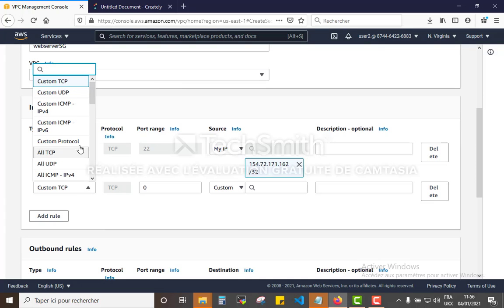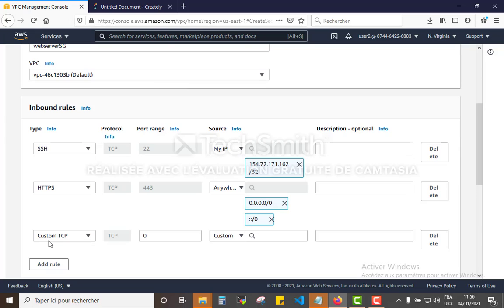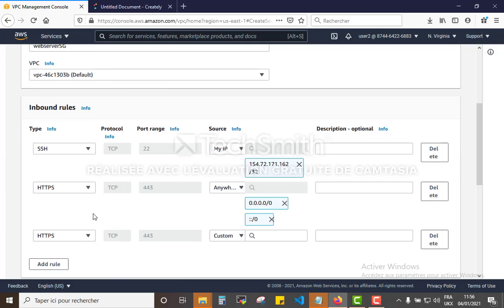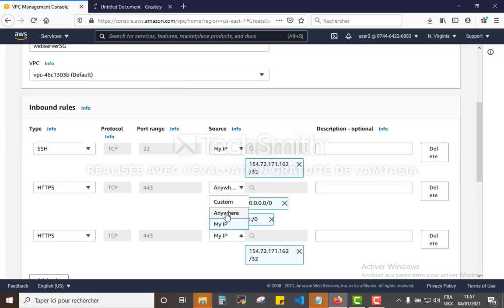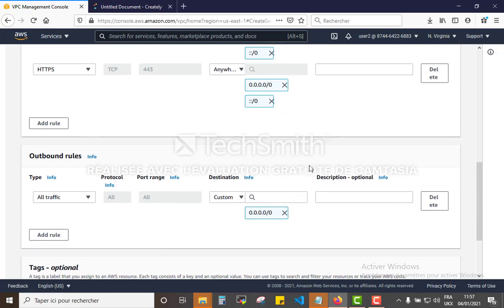The web server will also need to accept requests from HTTP anywhere, and HTTPS everywhere, so I am going to be the only one with the ability to log in there and do different configuration. The outbound rules are everywhere,